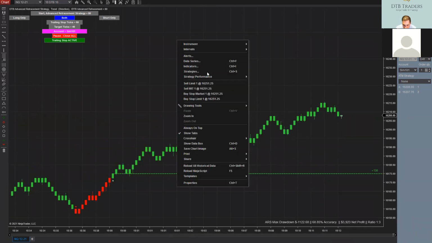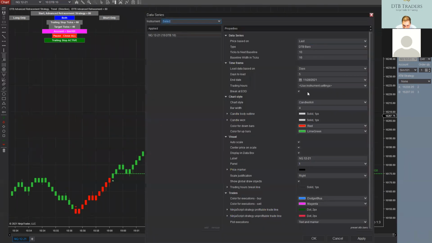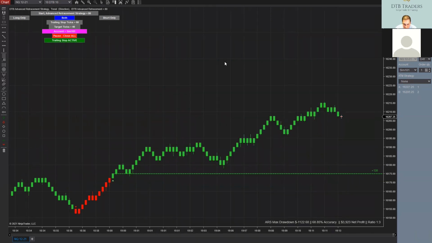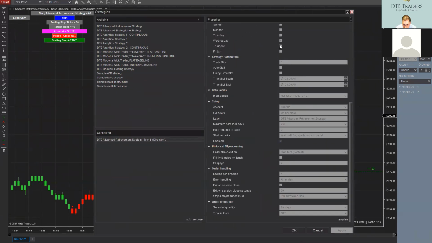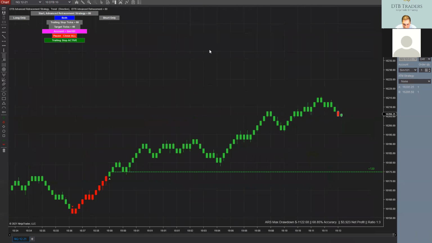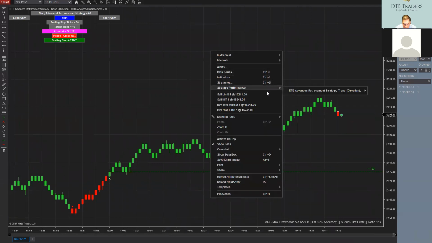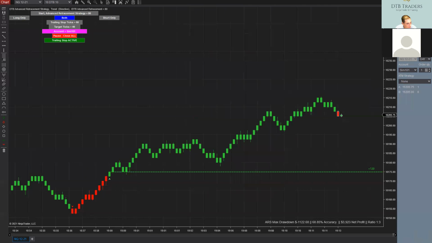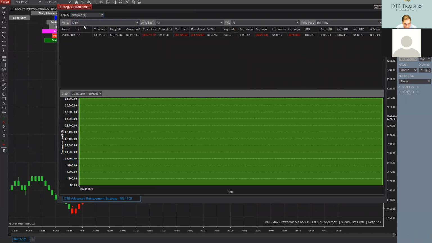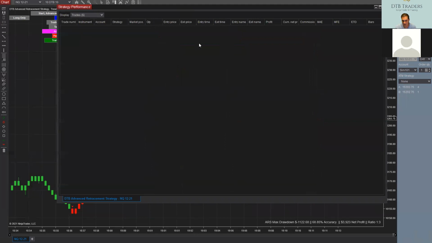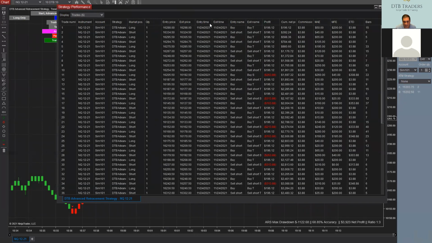Okay, data series. So here we go. I've basically got the strategy only active on a Wednesday. What you'll notice now is if you go to strategy performance, real time and historical, and you bring that up, it's going to show you the analysis and day of week. You'll notice it's only Wednesday. So only Wednesday's trades will be on that chart. So you no longer have to go and choose specifically your